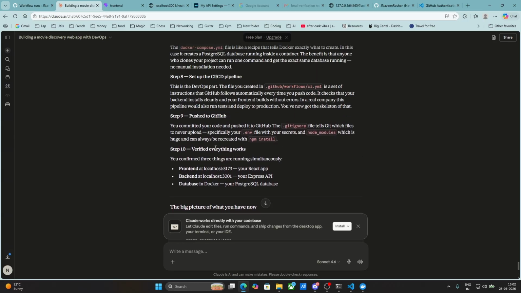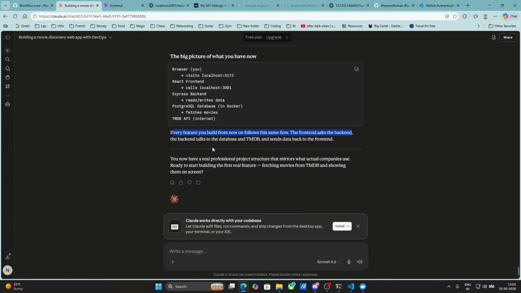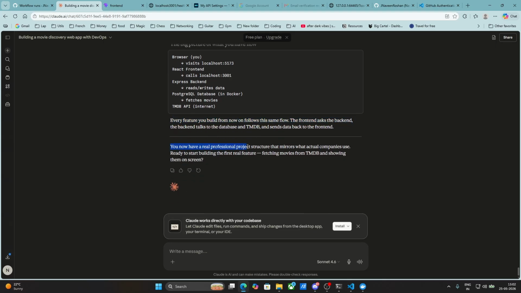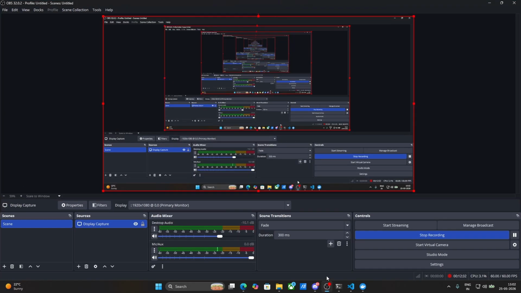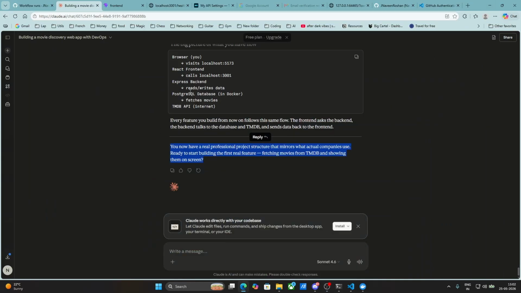Okay, stylus. Use it to start building the first feature, fetching movies and showing them on the screen. Yeah, for now, we'll start this part in the next video. So catch you in